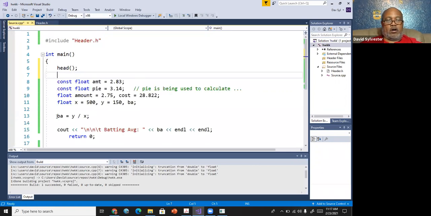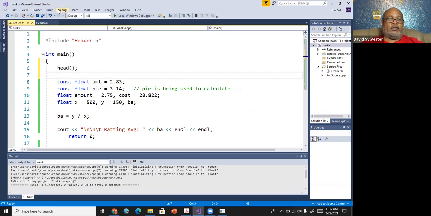Then it's going to assign amount to be a constant, assign pi to be a constant, initialize amount and cost, initialize X and Y, declare BA, calculate BA by dividing Y by X, and then print out this.